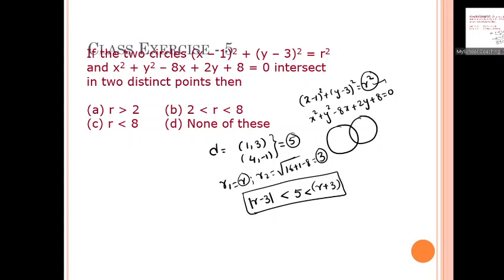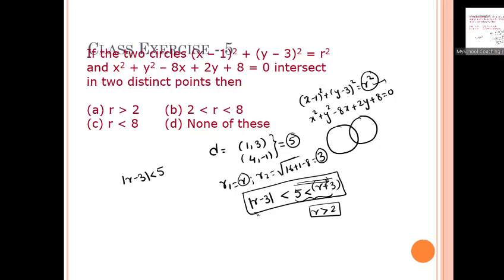Yes, sir. So yahan se is taraf se kya aayega? r is greater than 2, okay? From this side you're getting r is greater than 2, and from this side modulus of r minus 3 is less than 5. Okay,